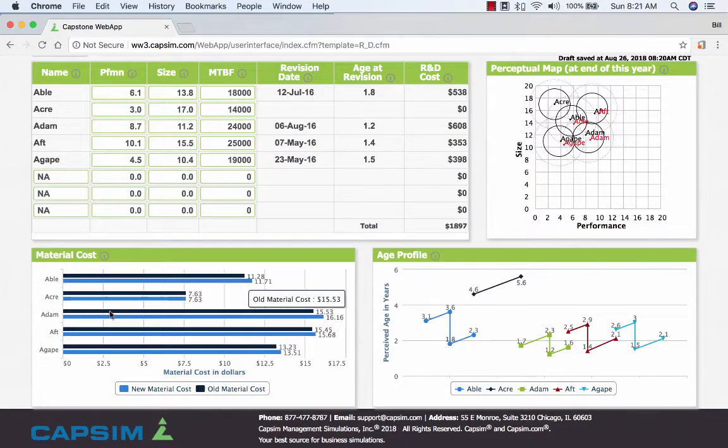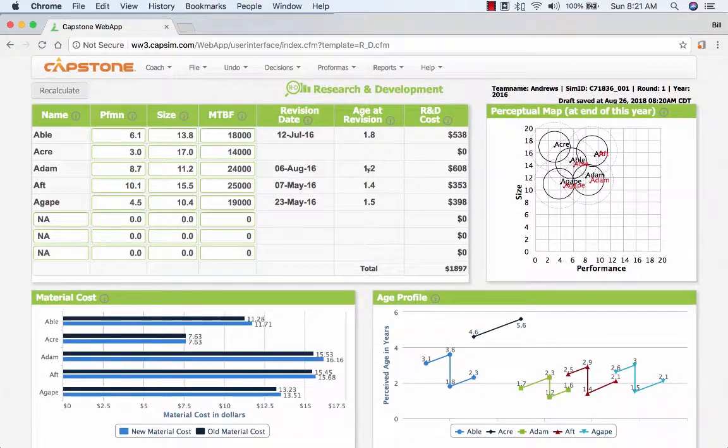And then again, you can look, here's your material costs, comparing old to new. Of course, Acre stays the same since we didn't do anything to it, and you can kind of calculate that. And then this is your age profile, where the thing is starting this round and where it's going to be next round. So again, you'll get all this from your industry conditions report, and then eventually the Capstone Courier. So, okay, next I'm going to move to our next decision screen,